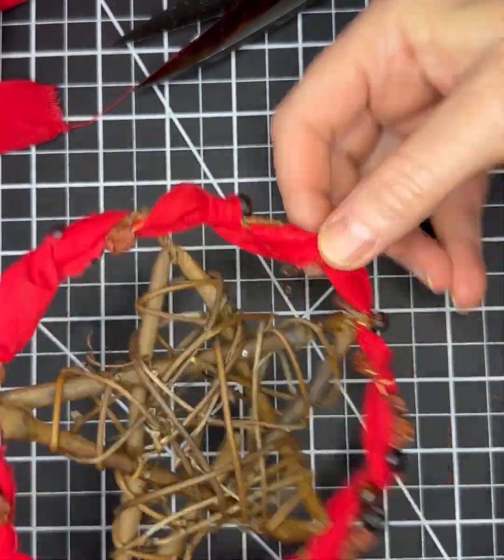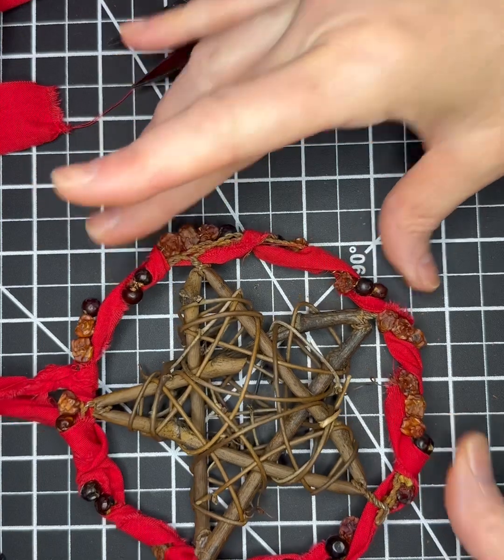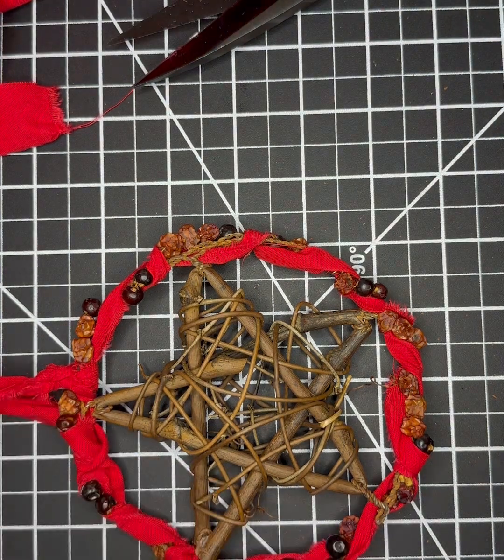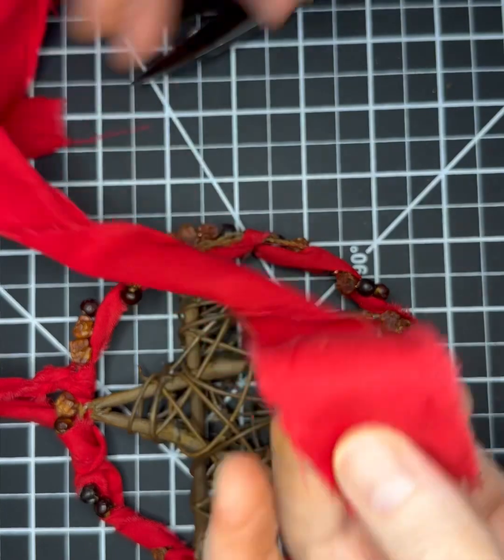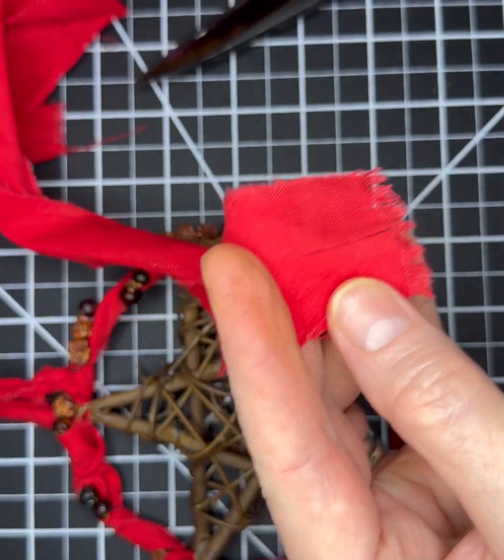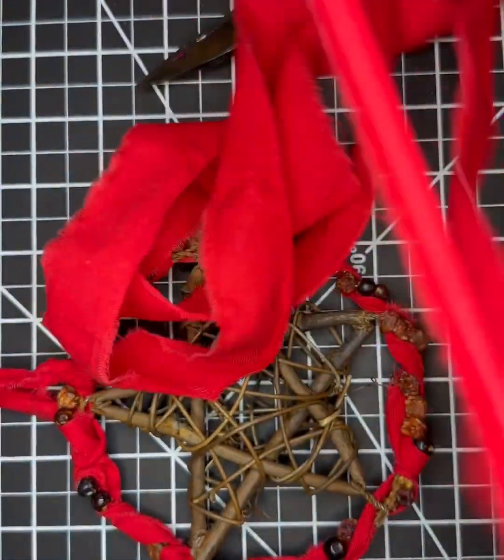doing that, you're going to take some more strips. I make them a little bit thinner. I take the 3/4 inch strips and I rip those in half. And then I cut them in half as well. And you're going to hang them at the bottom, just to hang down. That way you can put a few knots in it, just to set your intention of protection,